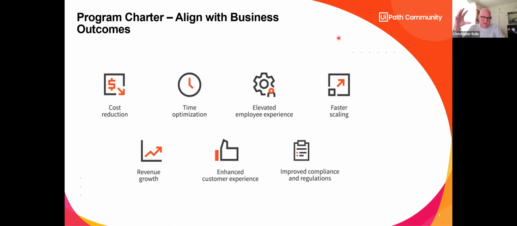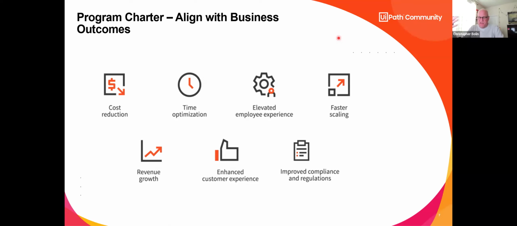How fast are we going to scale this? Revenue growth. Are we going to grow revenue? Are we going to design new products? Are we going to improve current products? And if we do, how long are they going to stay on the market? What's the apex going to be before they start declining in sales and we start to discontinue items?